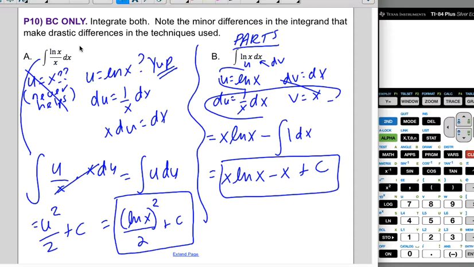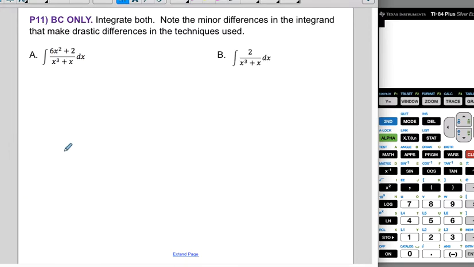So again, subtle difference. This one's just a natural log. This one was a natural log of x over an x. One of them is u-sub and one of them is parts. All right, so